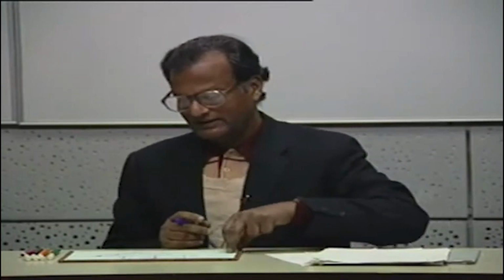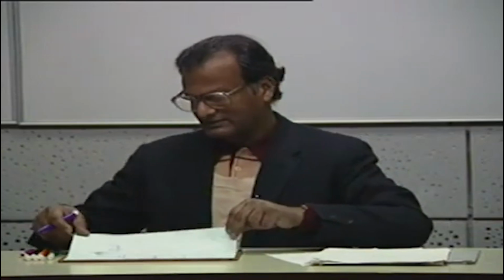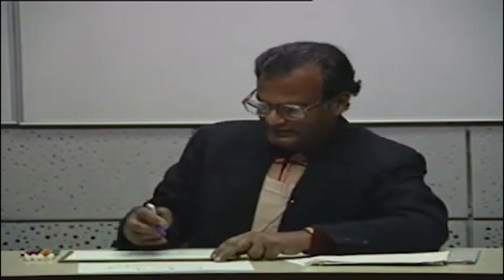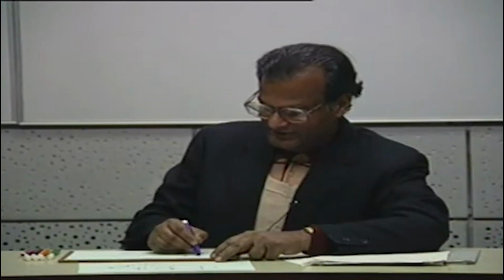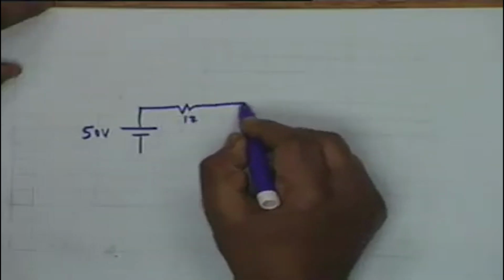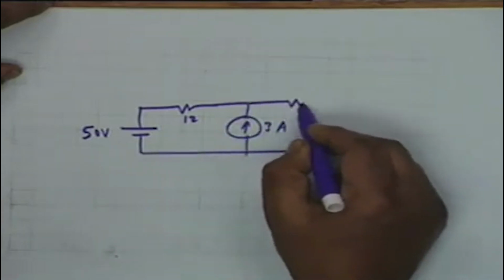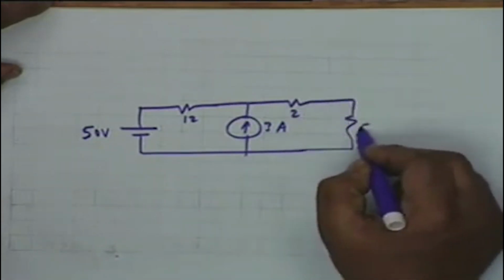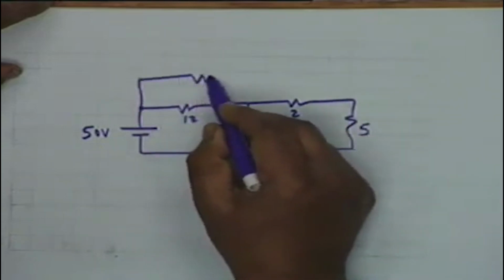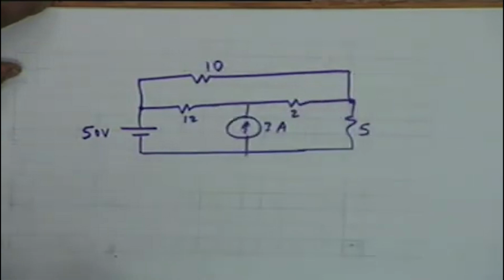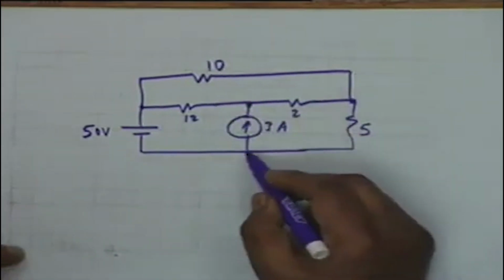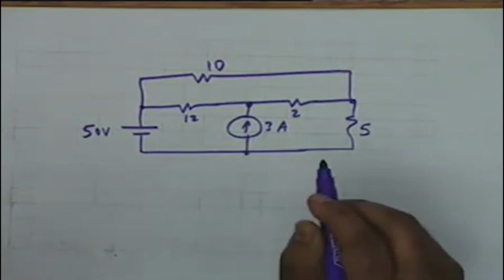I wish to take this same example to illustrate another method of solving the same network, and this method I wish to introduce like this. I will draw the network again: 50 volt, 12 ohms, 3 amperes, 2 ohms, 5 ohms and 10 ohms. In this circuit we argue that